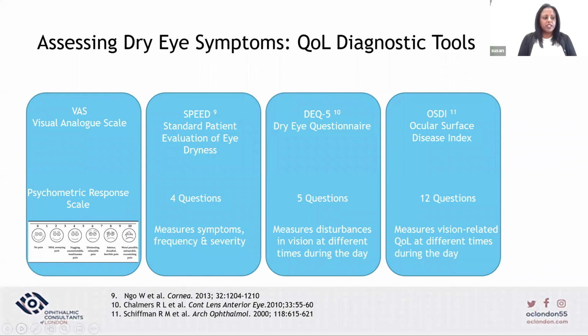There have been lots of different types of quality of life diagnostic tools that have been used, and these tend to be in the form of questionnaires that are used to evaluate dry eye disease patients. So I appreciate in practice we're all very busy. We don't have time to give out questionnaires to all our dry eye disease patients. But just so that you're aware that these diagnostic tools are out there and are being used,